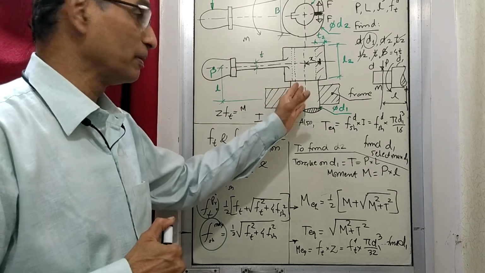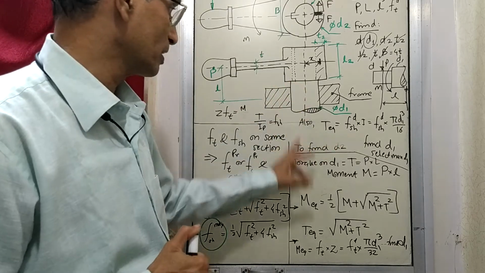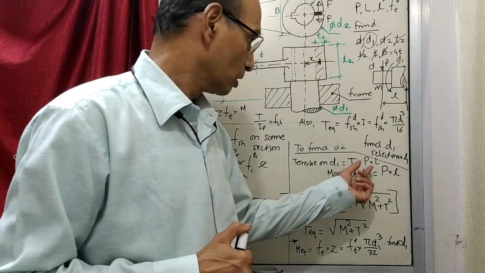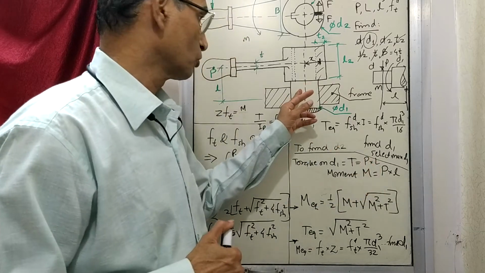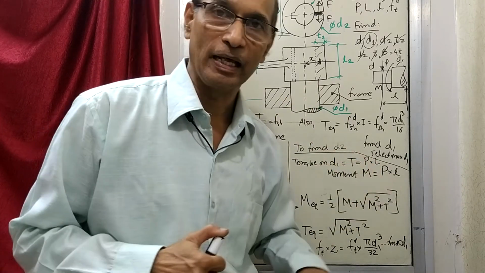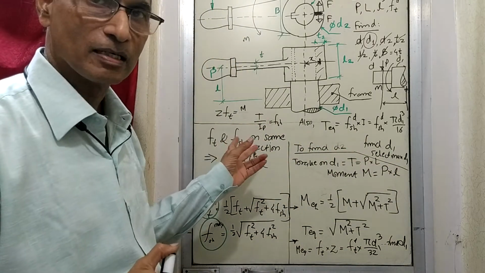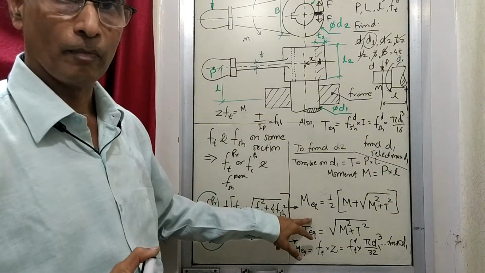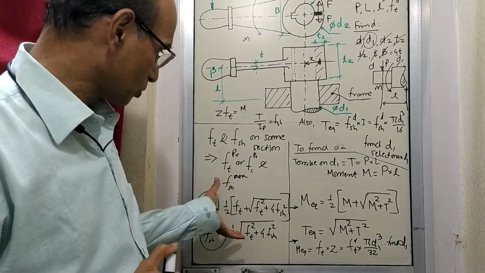Now that was happening here. So what we saw, this section was experiencing a torque of this much amount, this section was experiencing a moment of this much amount. Because torque and moment were acting, causing these two types of stresses, we want to find out equivalent moment and equivalent torque based on the same equations.